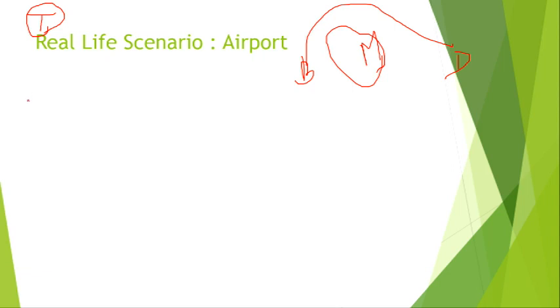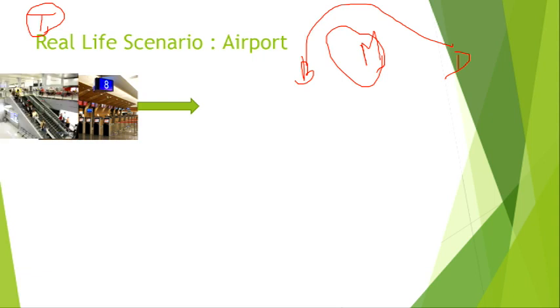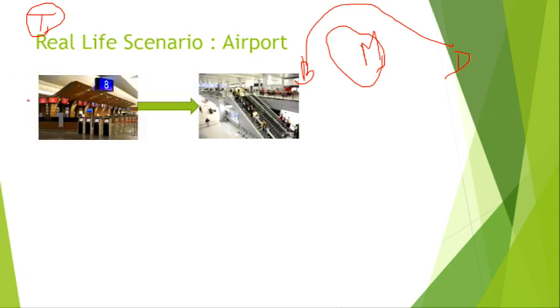So first I will go to the airport, then I show them the ticket and my ID card. Then they allow me to enter the airport. Then I go to the check-in section where I drop my check-in bags and collect my boarding pass. After that, I will go to the security check. For that, I may need to go to the stairs.